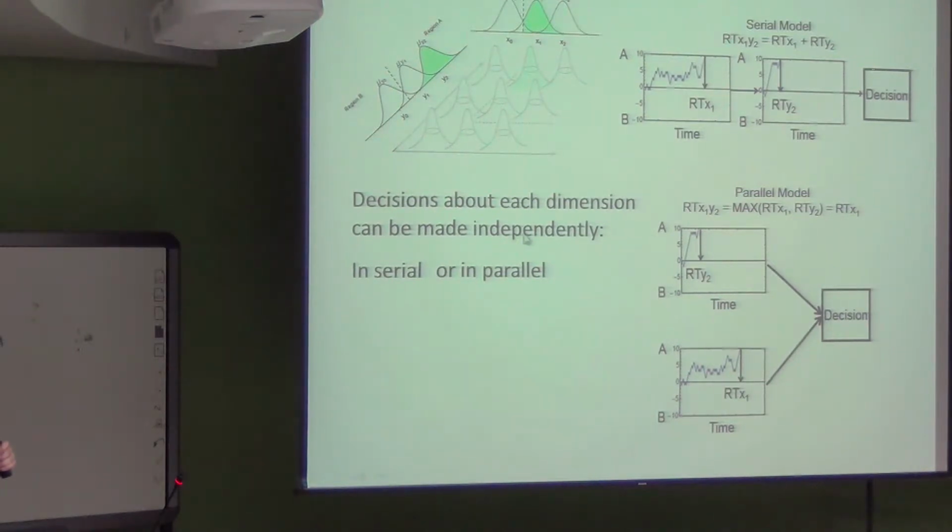Alternatively, if we're processing these dimensions independently, that might also occur in parallel. So both of these random walks on each dimension race at the same time. For this particular item, because it belongs to category A and needs to satisfy both of those boundary decisions, the total time it would take you to make a correct decision is given by the maximum time that it takes you to finish these random walks. So our decision time here will be driven by this random walk of the maximum time, because this one takes you a little bit longer than that one.